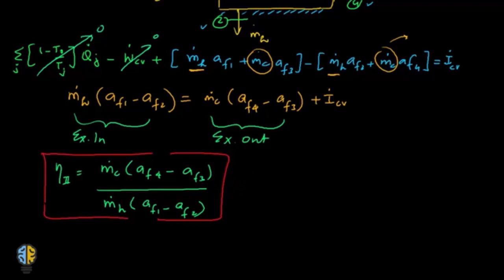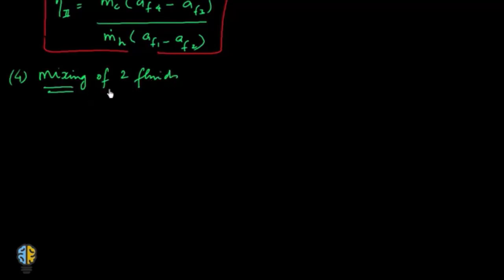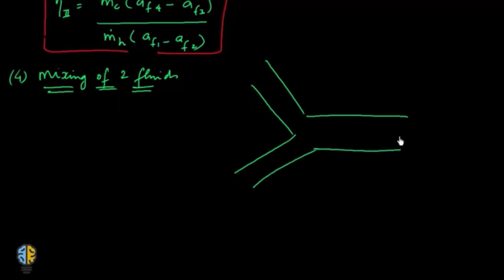Now after this, let's go on to the last illustration of the second law efficiency. That's the fourth illustration, and talk about the mixing of two fluids. So let's draw a diagram for this. Okay, so you'll have paths like these, and let us say these paths are insulated from the outside. So it's a given that Q would be 0,